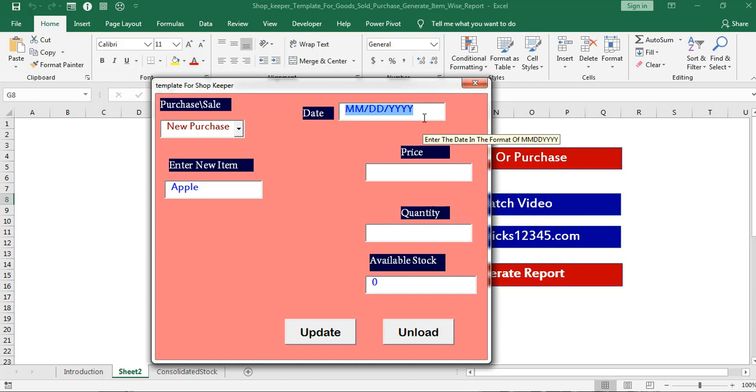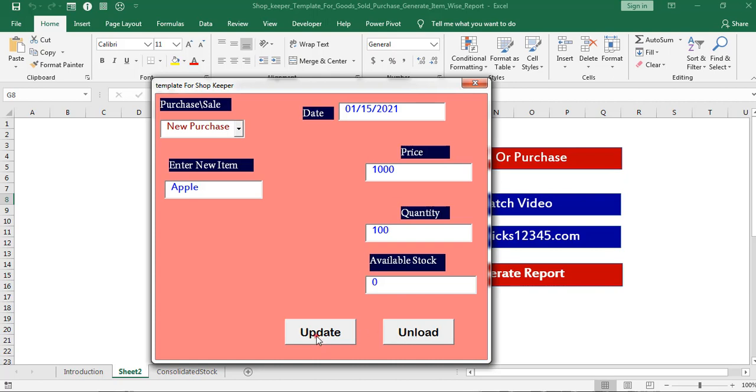First I am entering the month, 01/15/2021. Next I am entering the price. It is 1000. Next I am entering the quantity, 100.